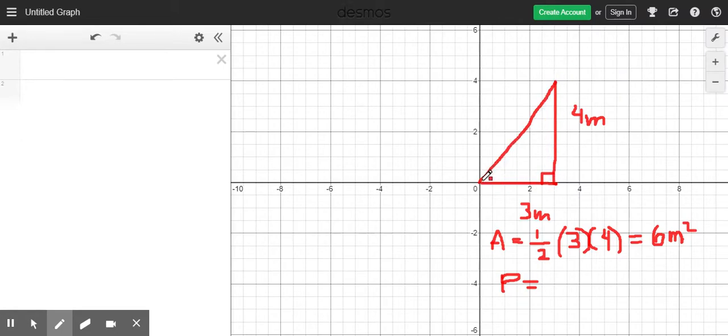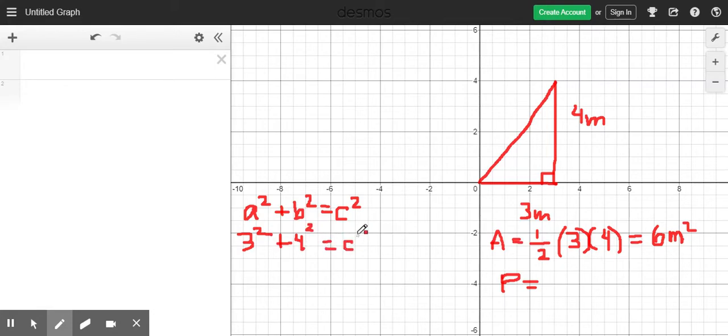Now, to get the perimeter, we need all 3 side lengths. So the question is, what is this third side length? Since we have a right triangle, we can use the Pythagorean theorem to find that third side length. So we can look at the Pythagorean theorem, a squared plus b squared equals c squared, where a, b, and c are the side lengths of a right triangle. So we'll put in 3 squared plus 4 squared